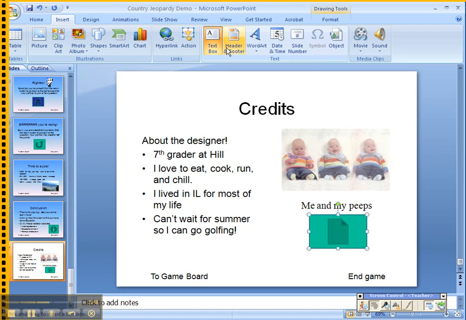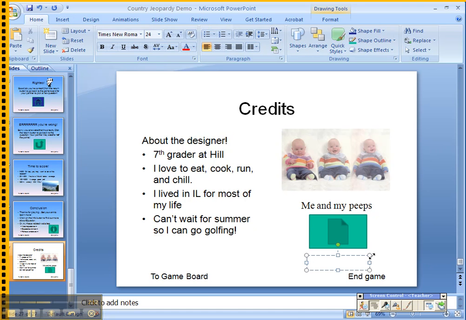It also tells you to insert a text box. And then underneath this, go ahead and say, you know, outline or something like that. Center it, make it the font that you want. And again, you can change the colors of these if you want to. And that's all there is to part 4. Once you're done with that, part 5 is actually going to have you do all the other hyperlinks throughout this entire